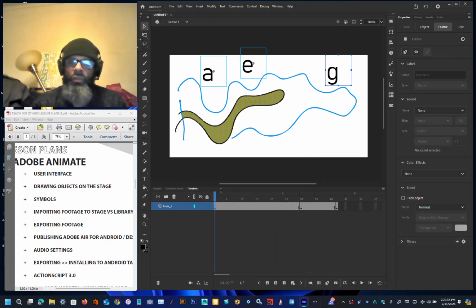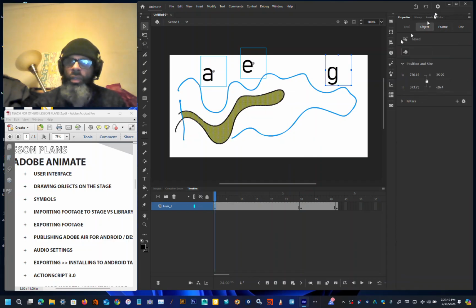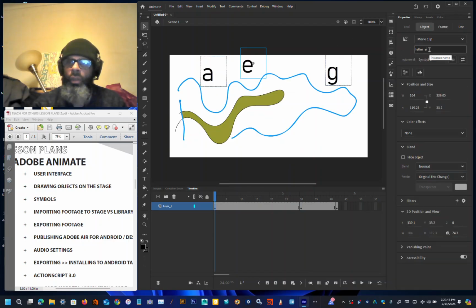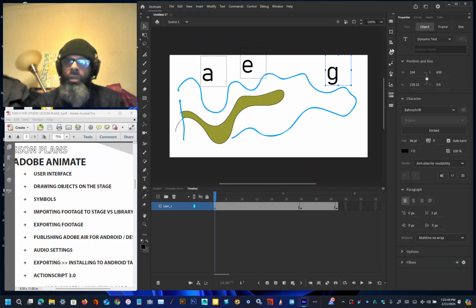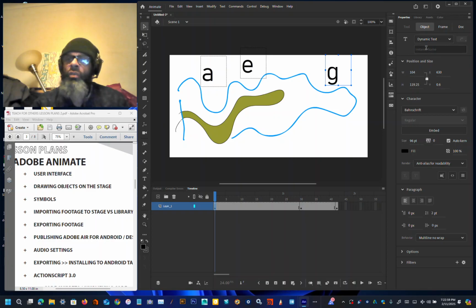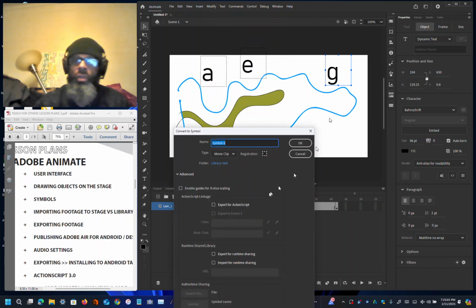So let's go here and give this an instance name of letter E1. And let's make this, that's dynamic text. So if you give that an instance name, it's not going to be the same thing as a symbol instance name. So we have to convert that to a symbol,